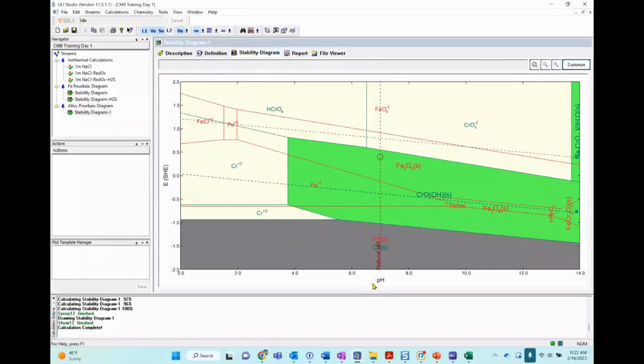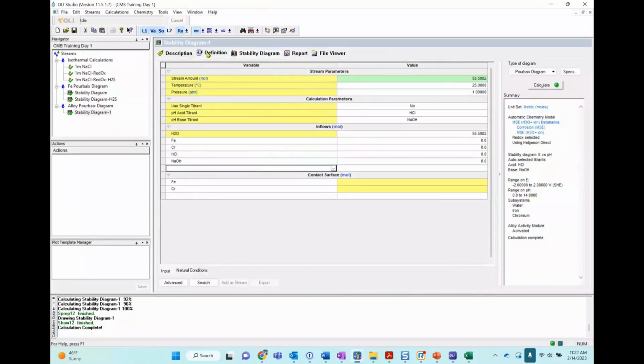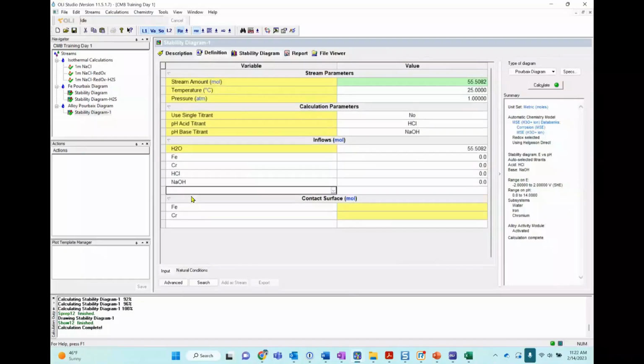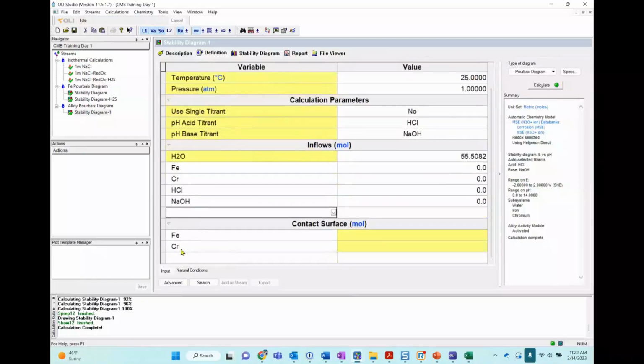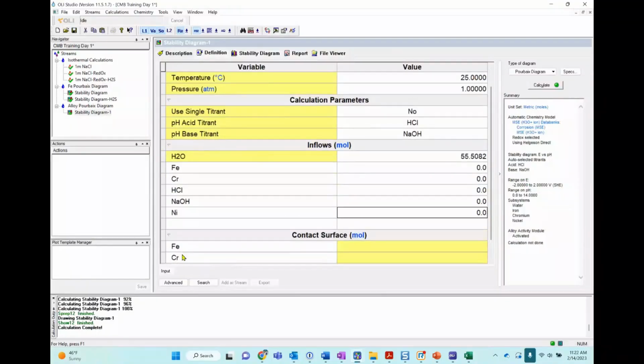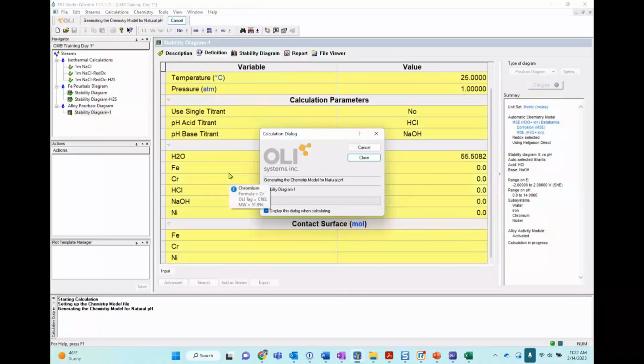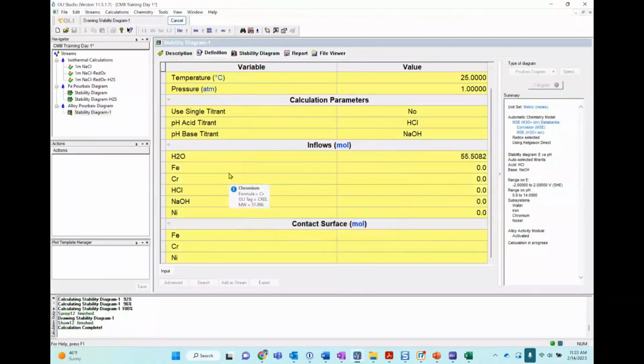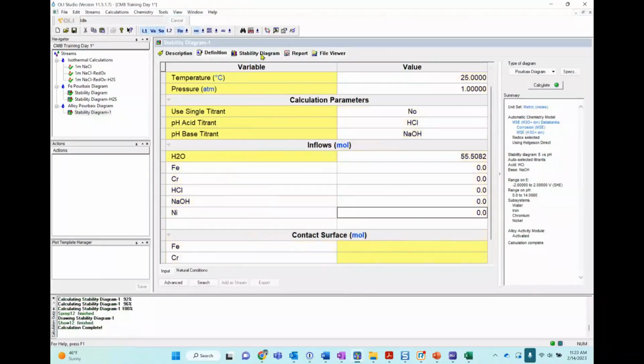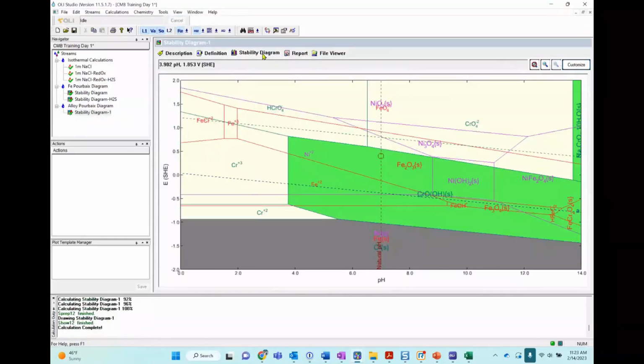Okay? So you can do it with up to 3, 4. I'm not sure if there is a limit on the amount of elements here, but you can add as many as you want. You can add, in this case, iron, chromium, nickel, and do the same type of study, but it becomes a little bit overwhelming to study so many systems at a time. So I wouldn't recommend putting more than 3 or 4 in one calculation.